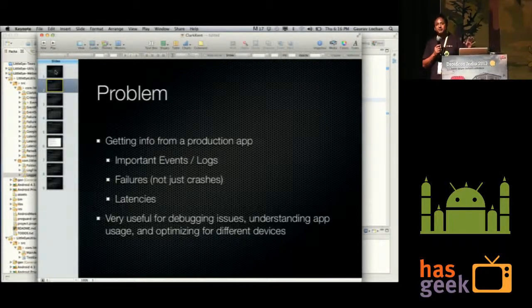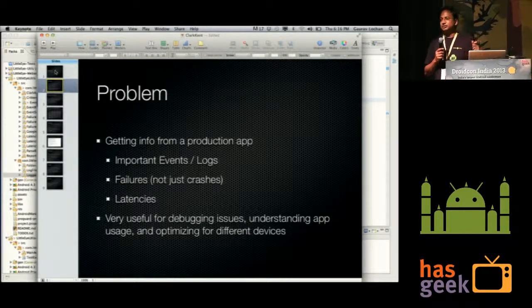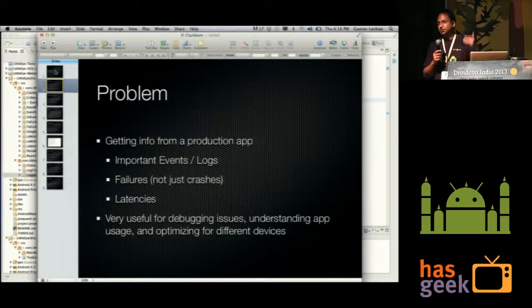We could still figure stuff out, but it was very hard for us to figure out problems or just get logs from devices. So there were 3 classes of things we were really interested in. One was general events. So you're downloading a book, so you start the download, you pause the download, you resume the download, and you finish the download. Just knowing these 4 things for a particular user was enough that we could debug issues when